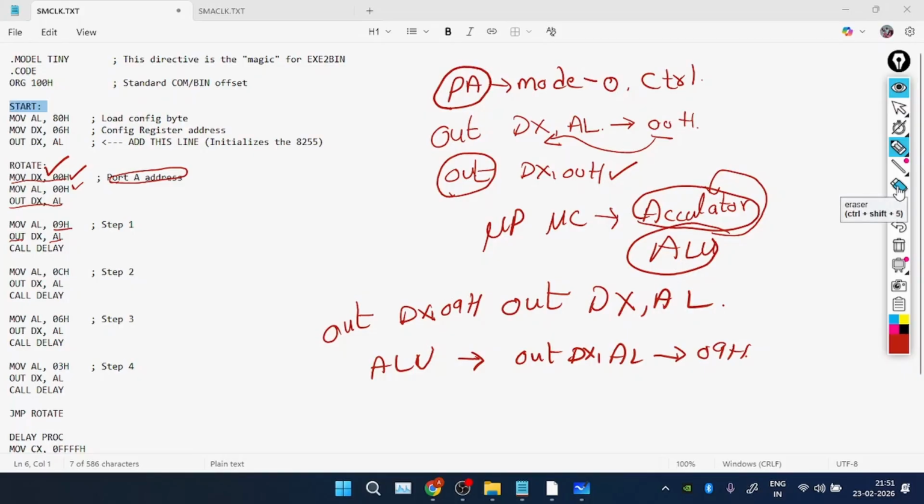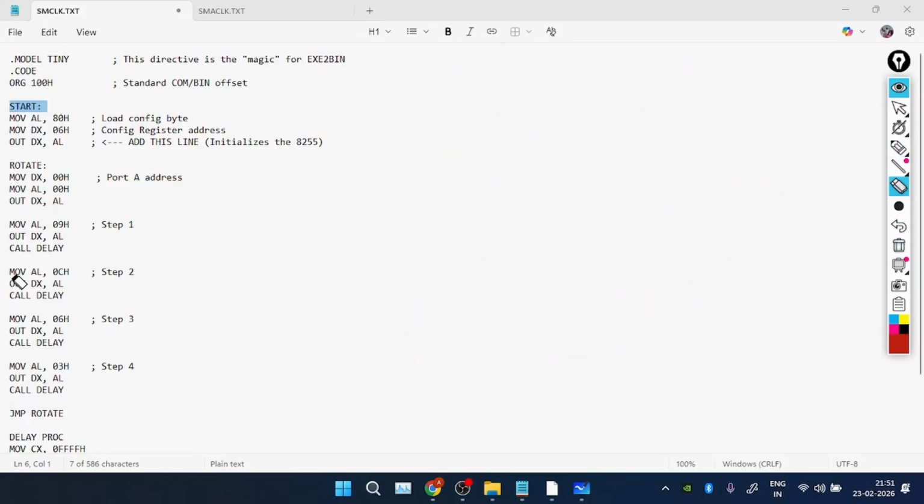So if you have understood this logic, then I'm going to speak about the stepper motor. That's it. And I'm going to tell you why we have written these values 09, 0C, 06, and 03. Okay. Now,